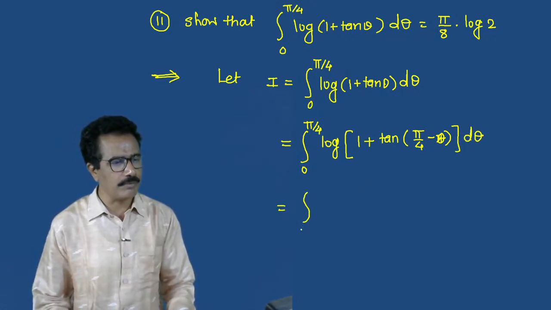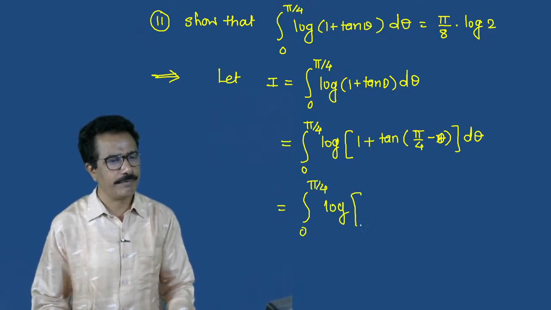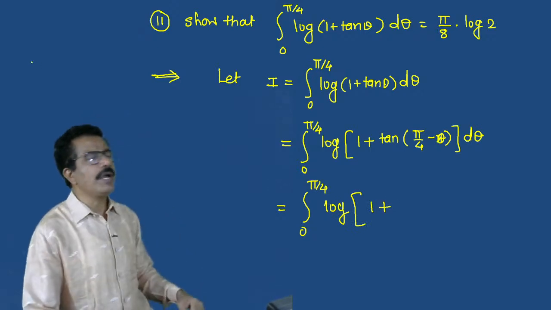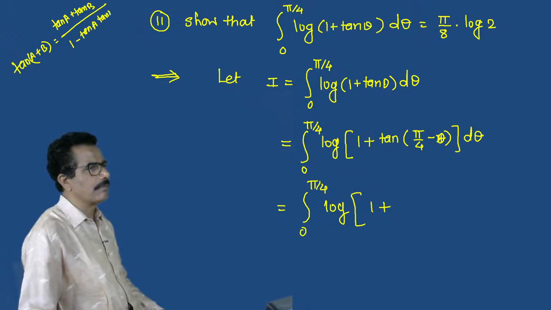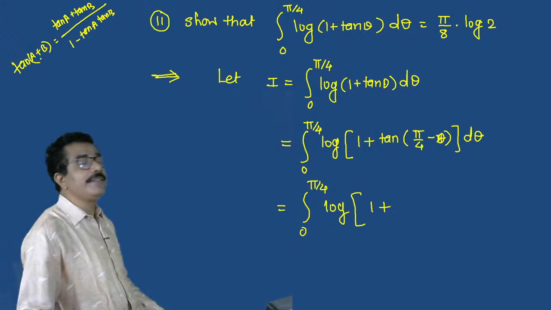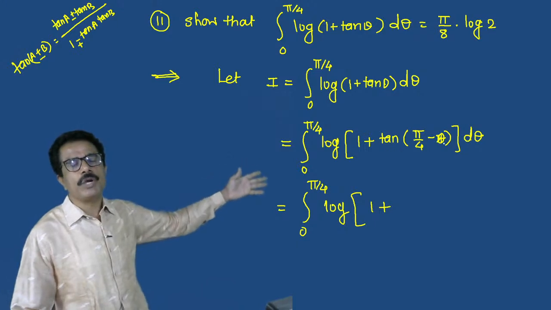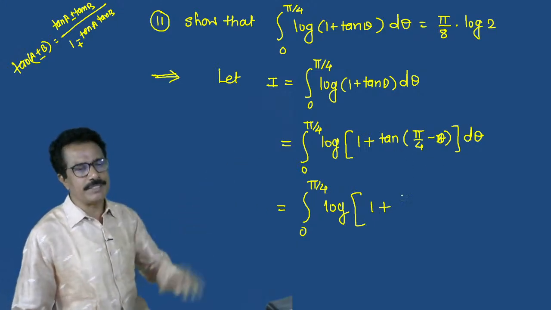So the integral from 0 to pi by 4 of log of 1 plus, now we have to use the formula for tan of a plus b. What is the formula for tan a plus tan b upon 1 minus tan a into tan b? If there is a minus, then we can write minus and plus. So in this case we have to use tan of a minus b, means tan a